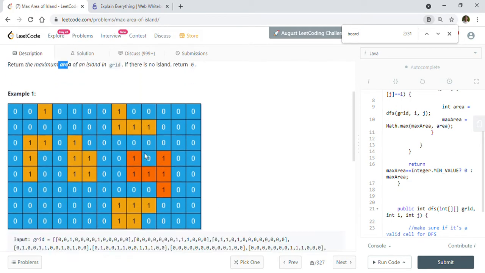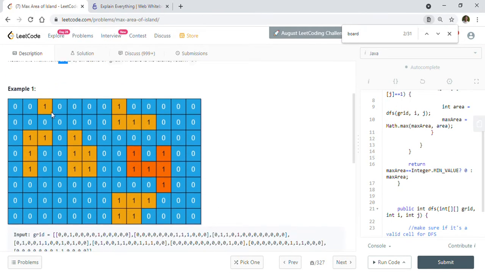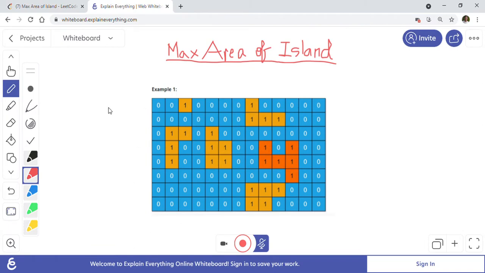So this grid is representing kind of a land, and 0 is a land and 1 is an island. So I took the same example here for the discussion purpose.